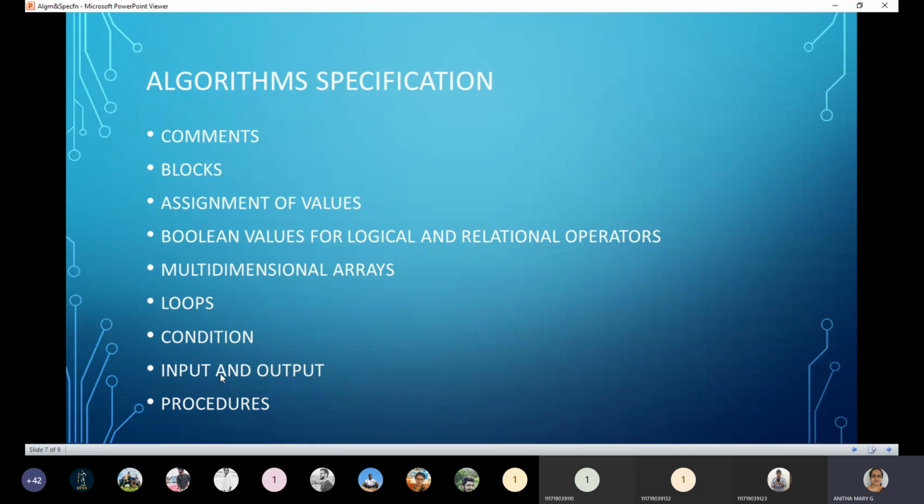And then coming to procedures. A procedure is nothing but a function. Just now when I showed you the example of an algorithm, there I showed you. A procedure should start with the keyword Algorithm, with capital A, and then the procedure name, the function name, and the parameters.